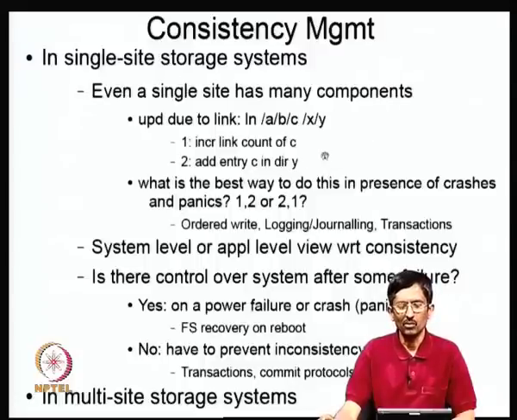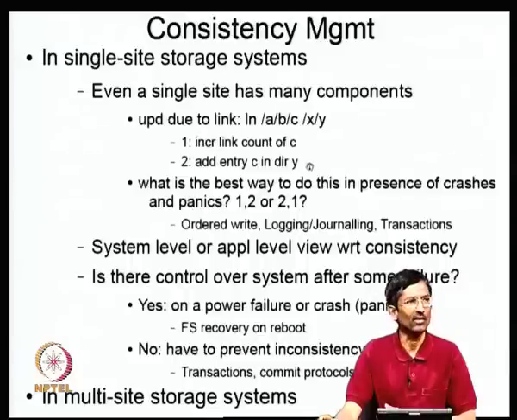So the idea here is, if I want to decide between 1 and 2, I will try to choose the one which produces garbage rather than a dangling pointer. For example, suppose I go with 2 first. If I add entry C in directory Y, that means I am already pointing to some object, but I have not really linked it yet. I have still not done the job of actually linking it. And if there is a power failure or panic, whatever, then that entry will be pointing to garbage.